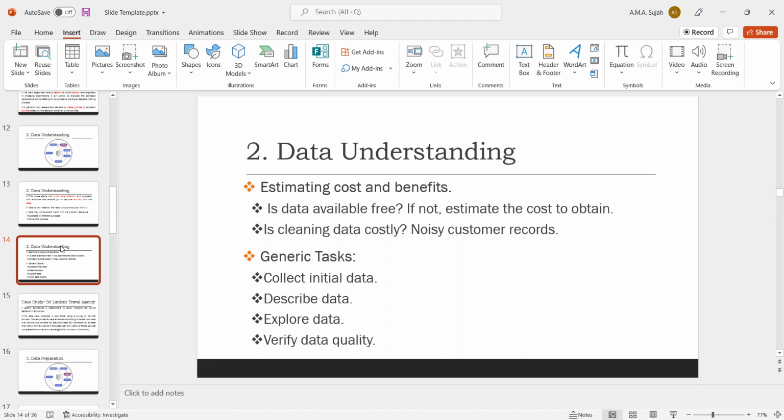If you look at the generic tasks, first of all, we are collecting the initial data. We are collecting the diabetic patients' data. After that, we describe the data. Describing the data means we are getting what type of attributes there are and what the measurement unit is. Let's say, if you think about diabetic patients, there is some data called insulin. What is the measuring unit of the insulin injections? What is the glucose percentage? There are different things you need to think about. So you need to describe those things.